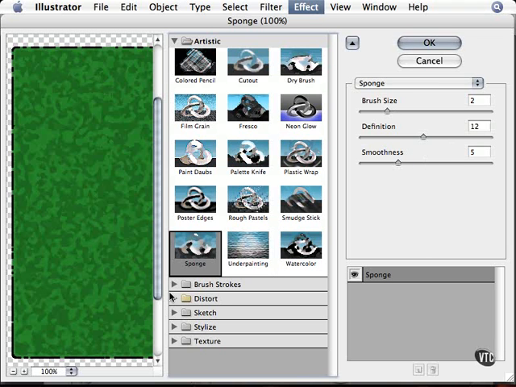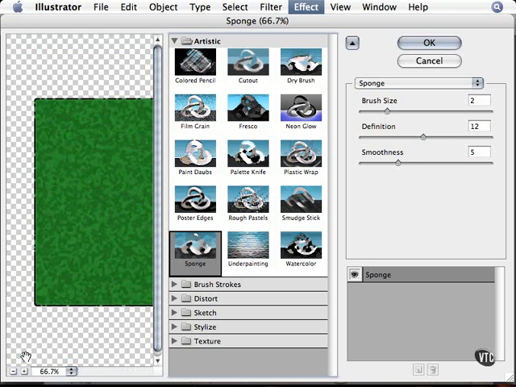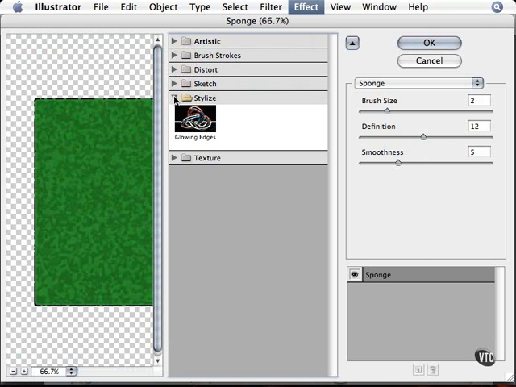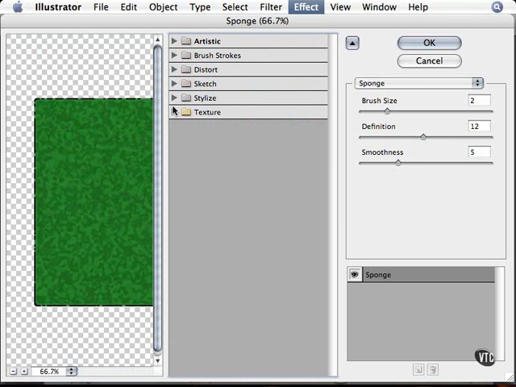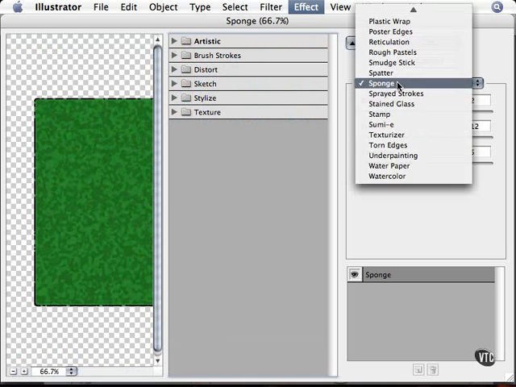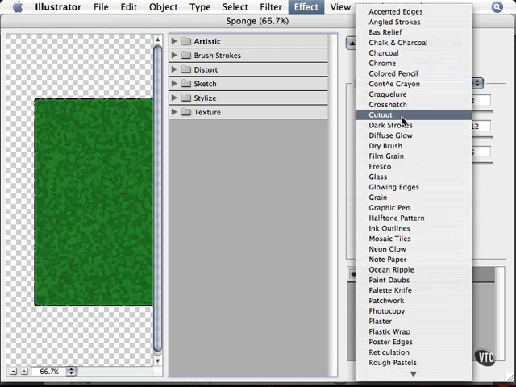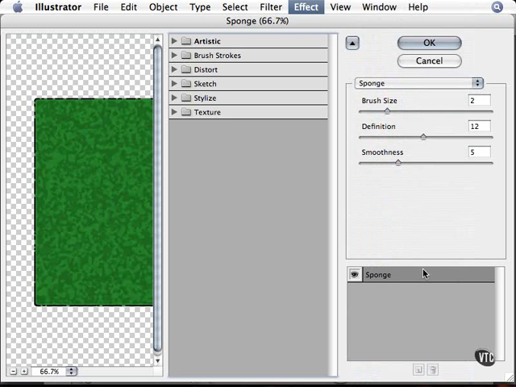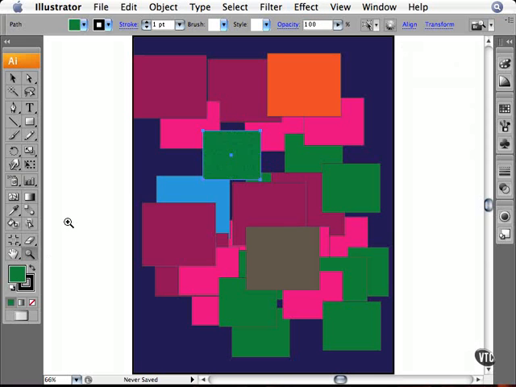So you'll be able to see what your effect's going to look like way before you actually accept it by hitting OK. You also have the ability to close this and see different categories by twirling them open and closed. So we have sketch, stylize, texture, and many other effects that you can also access by going to this menu. So you have more than one way of working and accessing all the effects that you might wish to apply to your artwork. Once you're happy with it, simply click OK, and now the effect is applied to your selected